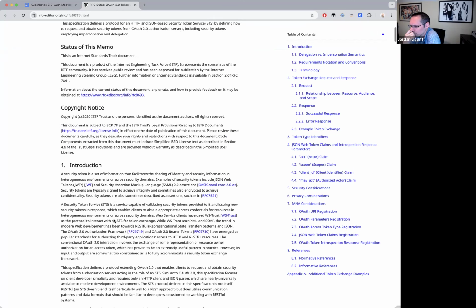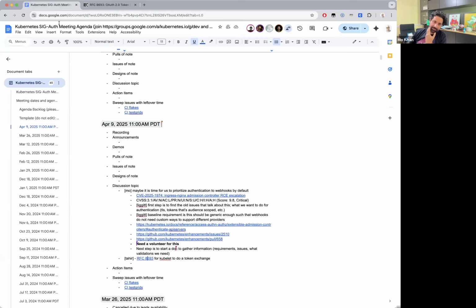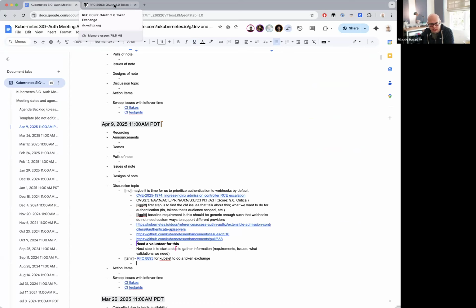Yeah. I think the specific part Jordan's asking about, you end up needing API server level guardrails to make sure that people can't ask kubelet to reach out to random endpoints and do stuff against them. I guess would the config look like, here's an endpoint to go exchange tokens with or something? I would think so. Yeah, just right below where you put the audience, you would also put the URL of a token exchange endpoint. Yeah, that makes me squeamish about DNS. Remember the time of check, time of use issues. Yeah.